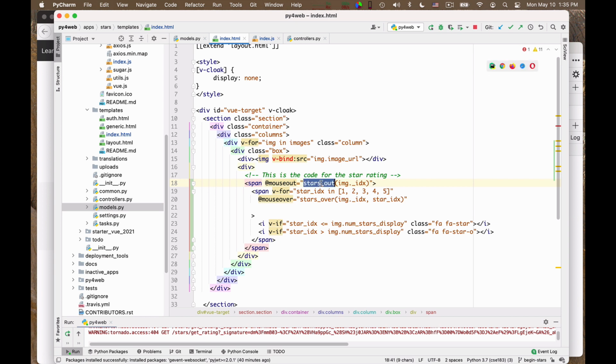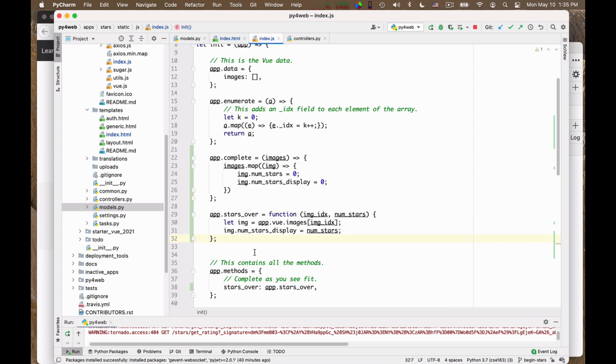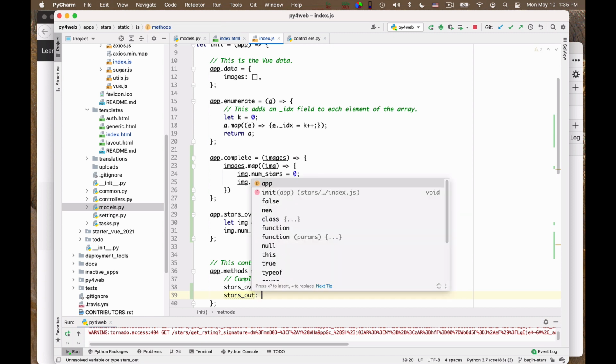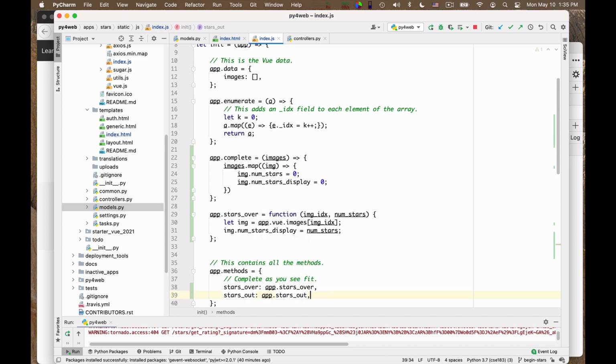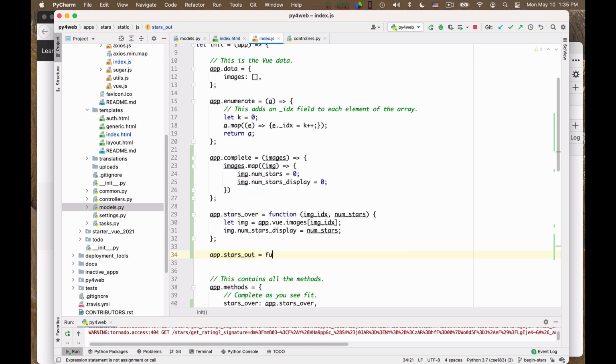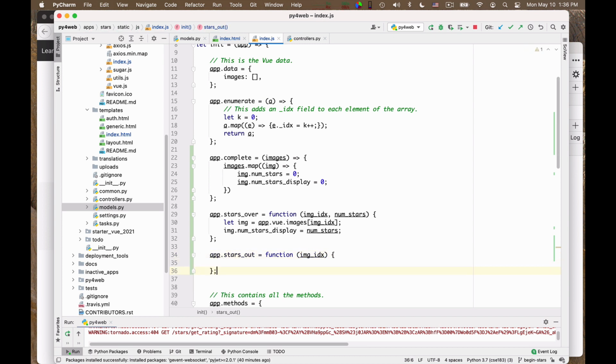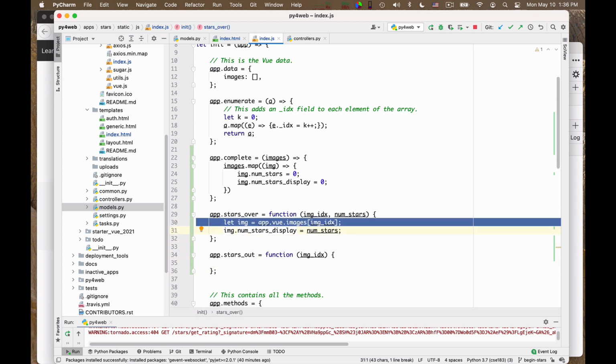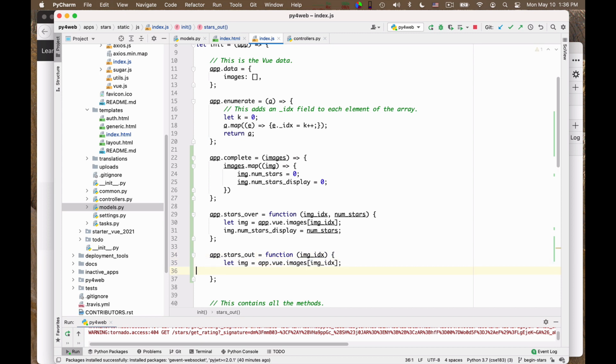Now I have to implement this, and so let me do that. Here I have another method called stars out: app.starsout is equal to a function that takes an image index, and that's it. It doesn't take a number of stars. But just like here, I fish the image out of the array of images.